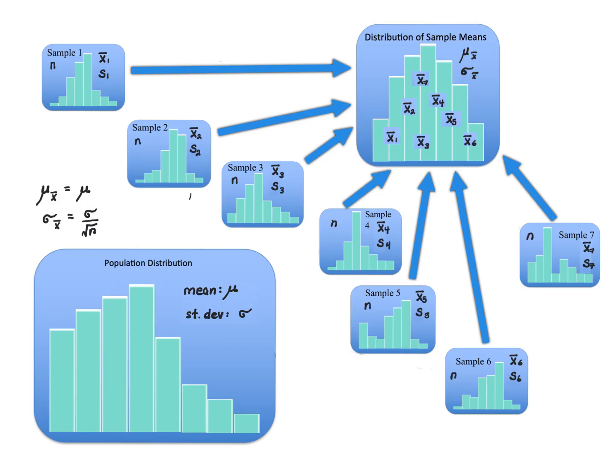Which must be greater than or equal to 30. And our standard deviation here for the sampling distribution of sample means is also known as the standard error. And this is the central limit theorem, that this distribution, the sampling distribution of sample means, will be normally distributed, and that